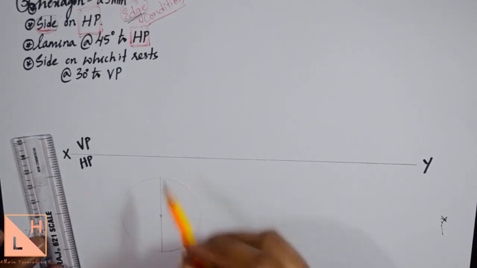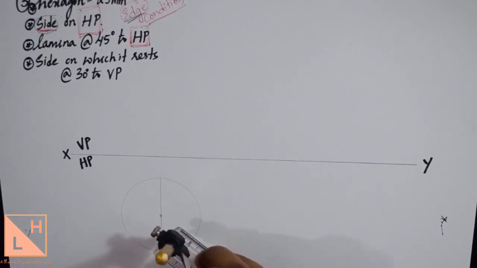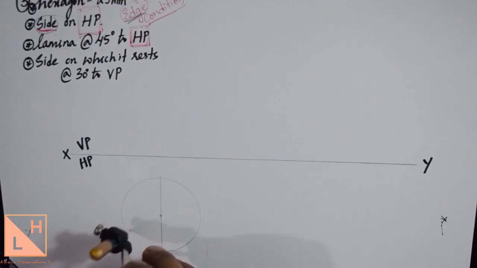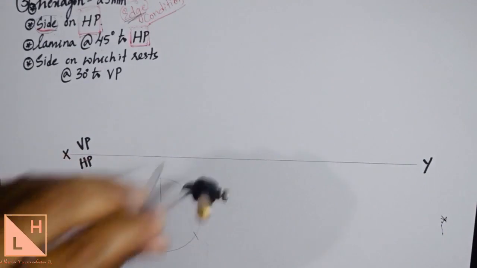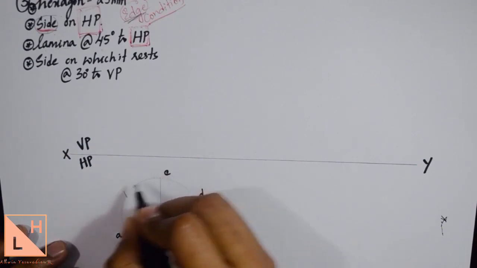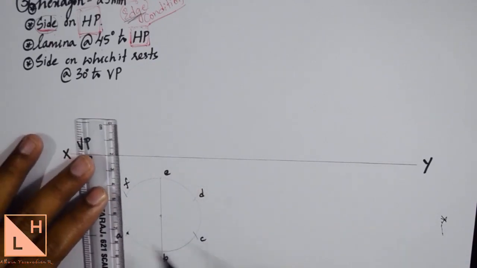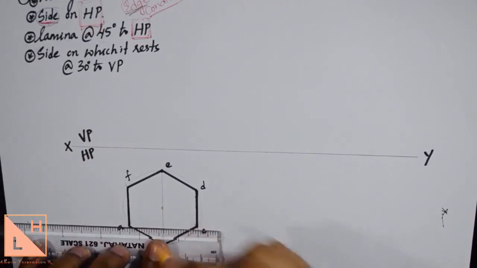So we'll get the 2 points. The same process will be repeated as you did there. Same 25mm you take in your compass, choose the 2 points that you have here and cut the arc on the circle. Mark them one by one right from here. This is going to be called A, since it is top view without dash, A, B, C, D, E and F. Join these lines so that we get the top view. Now the hexagon is done. Do not forget to mention the dimension of one of its sides.